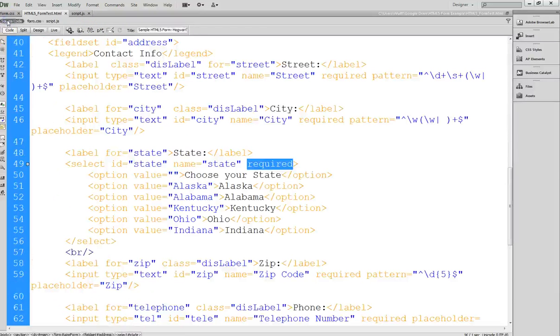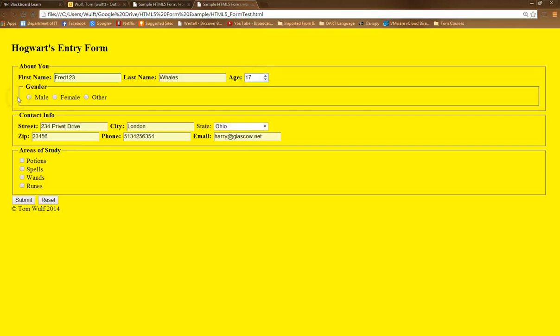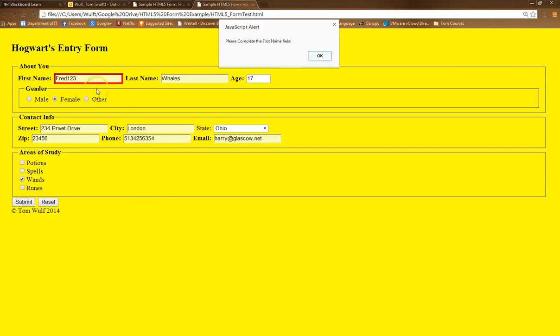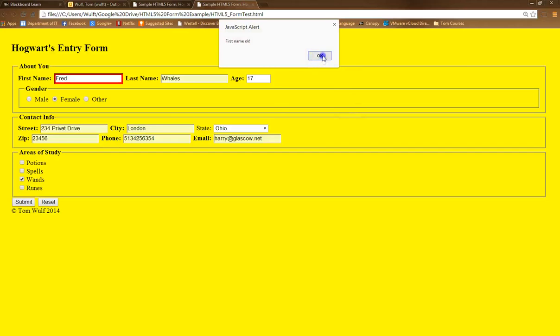I'll go to source code view, preview in Chrome. We'll get our Fred 123, which is going to be wrong. Go ahead and add that. Make Fred female. Don't need to pick one. There's the red box from the CSS now. And then we can hit OK. Now, if I go ahead and change this, so now the form is legal, and it's still keeping that. So really, I could add better code to fix it, but now when I submit it, it will go ahead